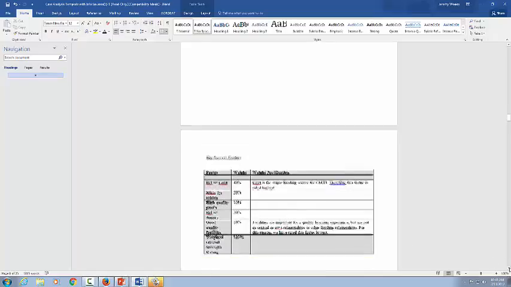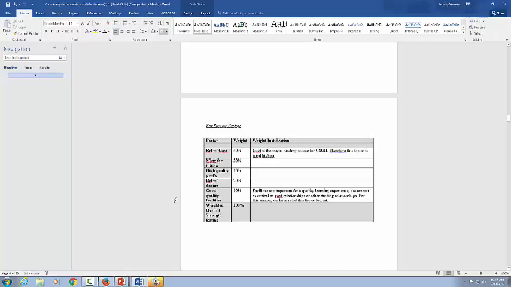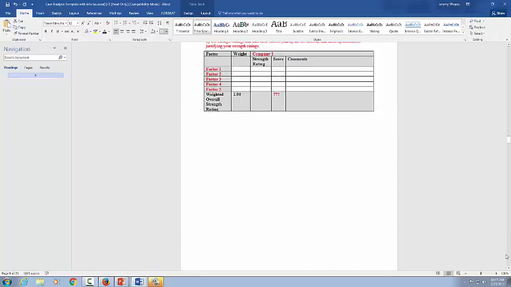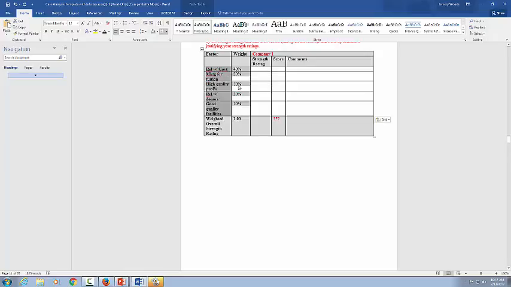So to show you the example, when you're doing this for your own case analysis papers, just go up, grab the columns that have factor and weight in them, copy, scroll down, paste. You've got your factors and weights. You're going to want to name the company. So if we're comparing Starbucks, for example,